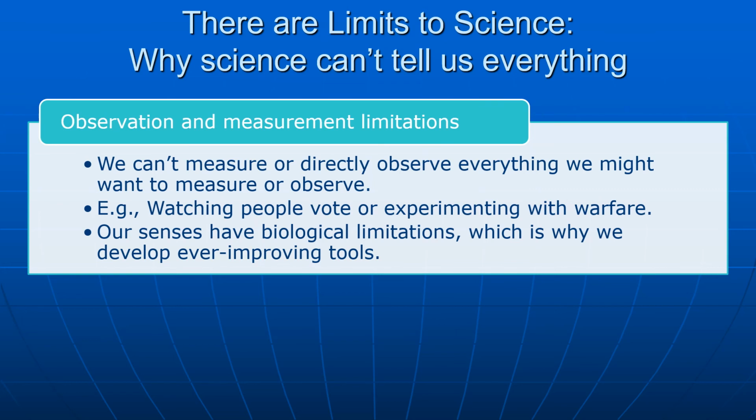We can't really do experiments with war. So in science, if we're trying to understand the effects of war, from an ideal standpoint, the best way to do this is to randomly assign countries or communities to experience war, and then to evaluate the effects of war on those we assign to war categories and those we don't, and compare that with the effects on people who aren't in war. Well, we don't have that kind of control, nor do we want that kind of control. So there are some things that are off the table, that we're not allowed to do, that we just can't directly observe. And so we come up with second best approaches to evaluating these things.